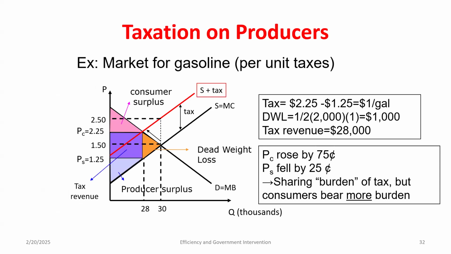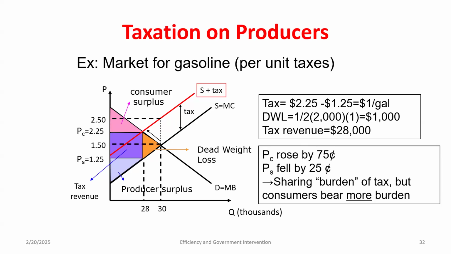The new price that consumers pay is going to be $2.25. The new price sellers keep is $1.25. Now, if I were to go through and calculate these producer and consumer surplus values, I could figure out whether producer or consumer surplus went up or down, and which one went up or down more. But I can also do that from simply looking at these prices. Okay? So if I think about this, how much less per unit are producers getting to keep after this tax?